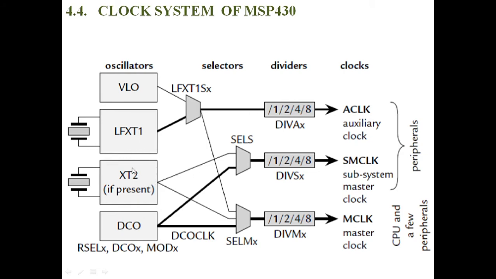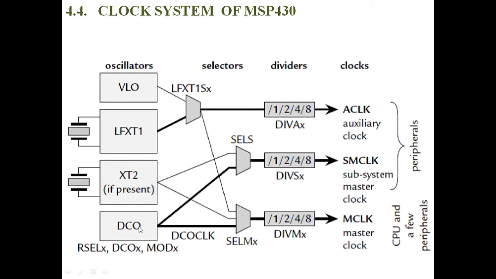So the second crystal oscillator generates the 16 MHz clock frequency that is given to the selector, then that is given to the divisor to get the desired clock frequency, then that is given to the high speed operating devices, that is megahertz, either 16 megahertz or 8 megahertz or 4 megahertz or 2 megahertz like that. So based on the high speed device operating clock frequency, it will be generated by using the second crystal oscillator.